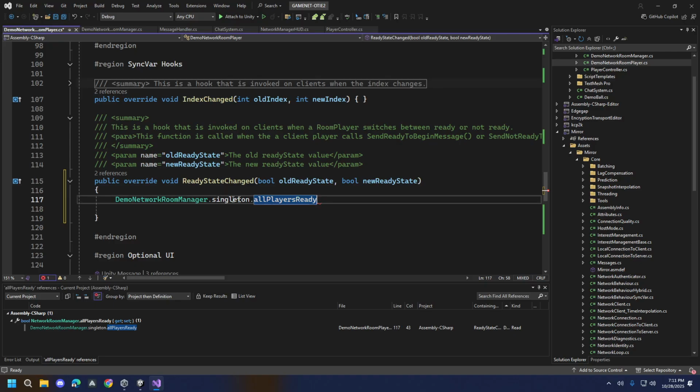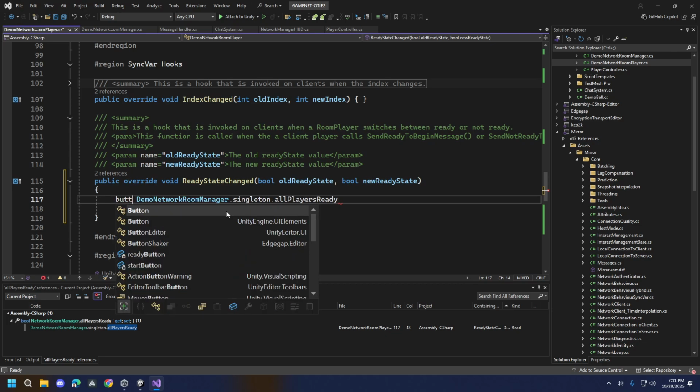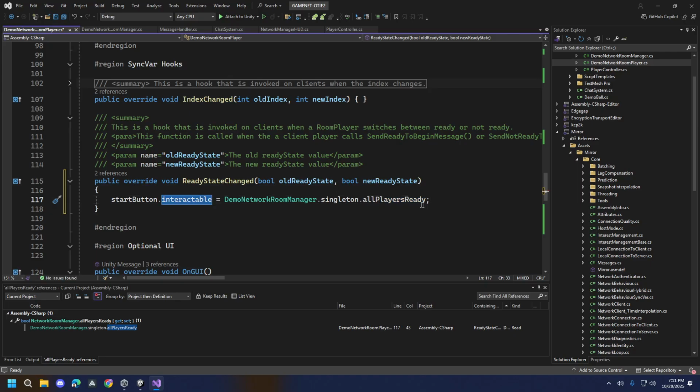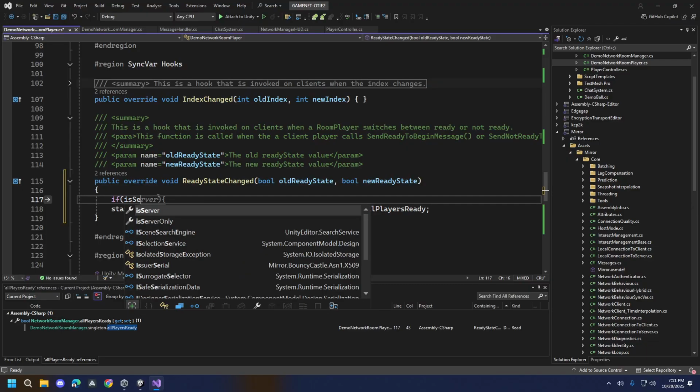So this is either true or false. I will say button. Start button dot interactable is equal to all players ready. So it will only be interactable if all players are ready. Now I only want this to happen again for the server. So if the server